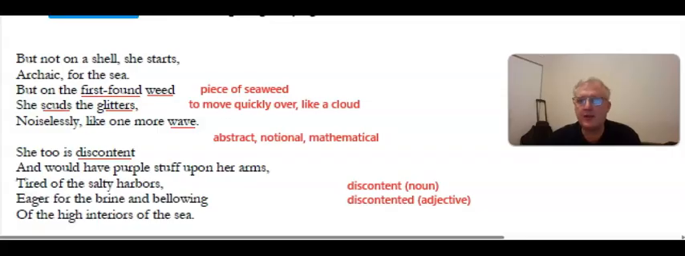And the misapprehensions continue. "And would have purple stuff upon her arms." Before we deal with the particular unreal conditional and perhaps some of the fine feeling of verb tense